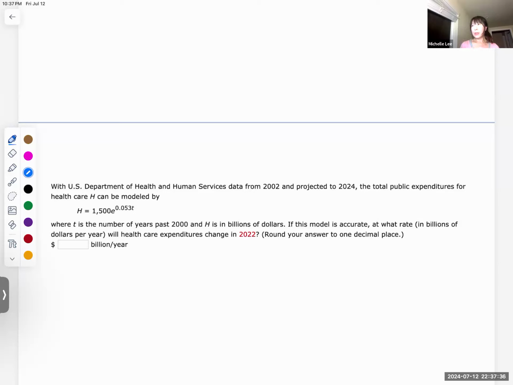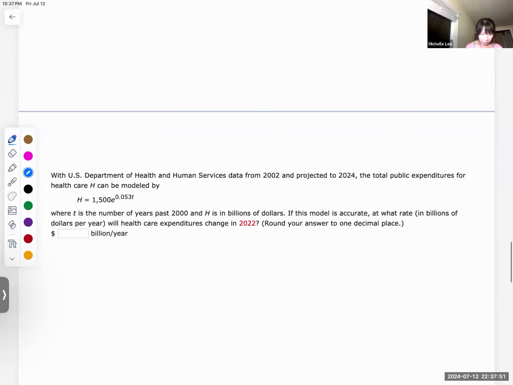If this model is accurate, at what rate in billions of dollars per year will it change in 2020? Round to one decimal place. Okay, so we have